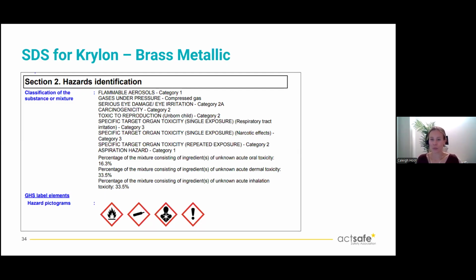The classification words and the label itself, like we said, can feel super wordy. Those are trigger words, and you will see those. They're all going to be standardized. These are under that classification, and we'll jump to the next page and I'll show you how our hazard statements can be more helpful.